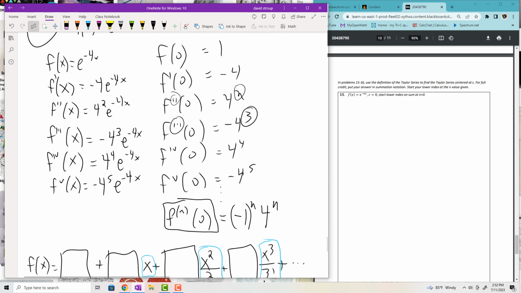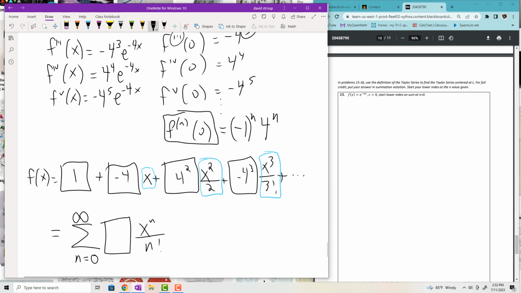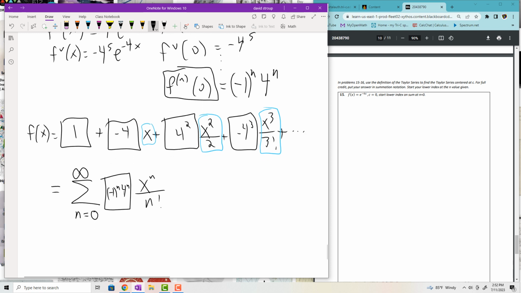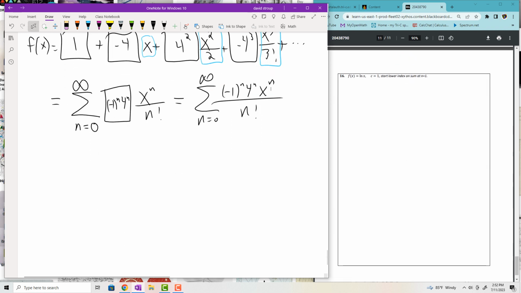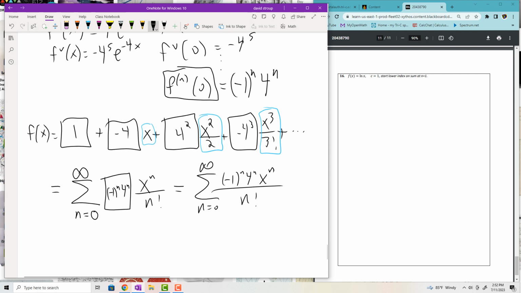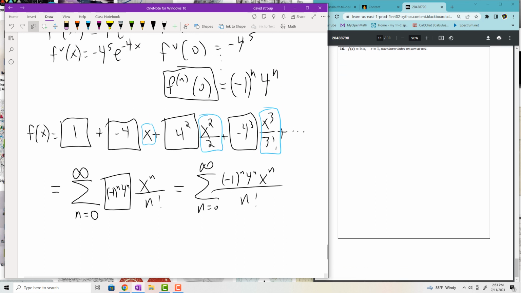Okay, so we can copy and paste first if you need to. But ultimately, what we really want is a summation notation. And of course, I have to smoosh it in here. And there it is. There's really nothing to simplify here. If I were going to rewrite it in the real world, I would put everything in the numerator like this, all over n factorial. But that's my own personal opinion. The boxes are fine, but again, like I said, if you don't show the summation notation, it's -1. Anyways,